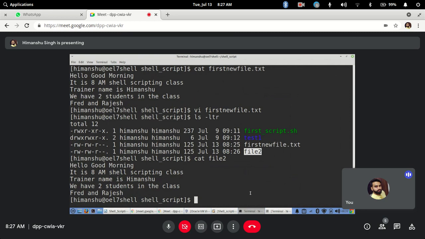So it's like your save as, when you open a particular file in Notepad, right? Let's say that file is already saved, but you want to save it with a different name in a different directory. Then you can use that save as option. It's the same thing: you are saving the file but with a different name now. So both the files will exist, the first file and the second file. Got it?